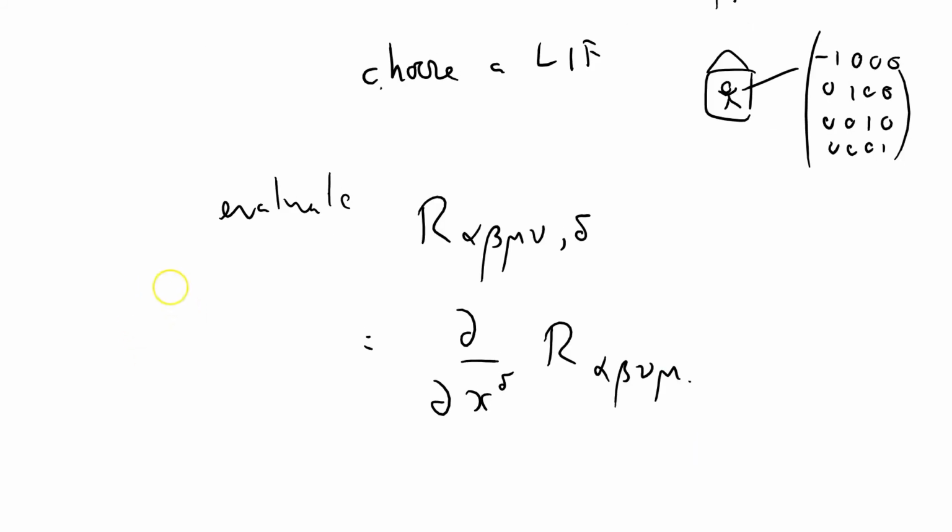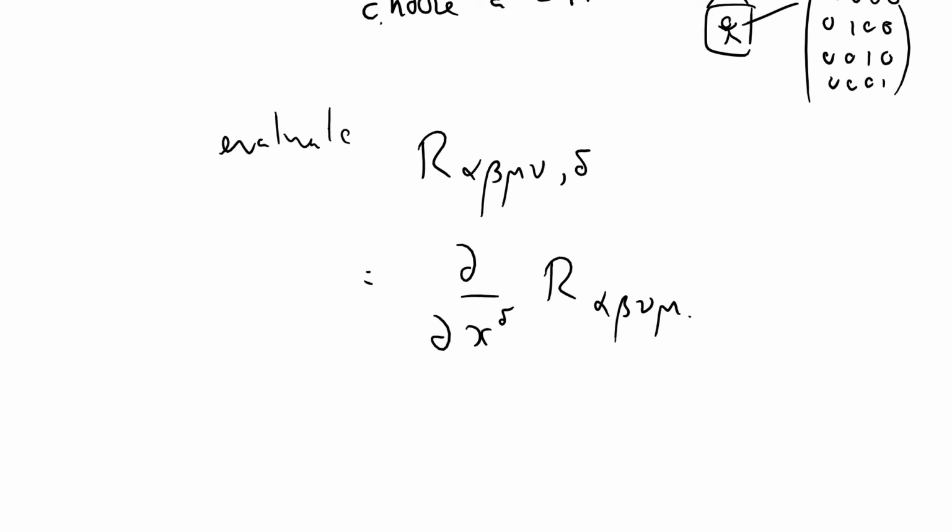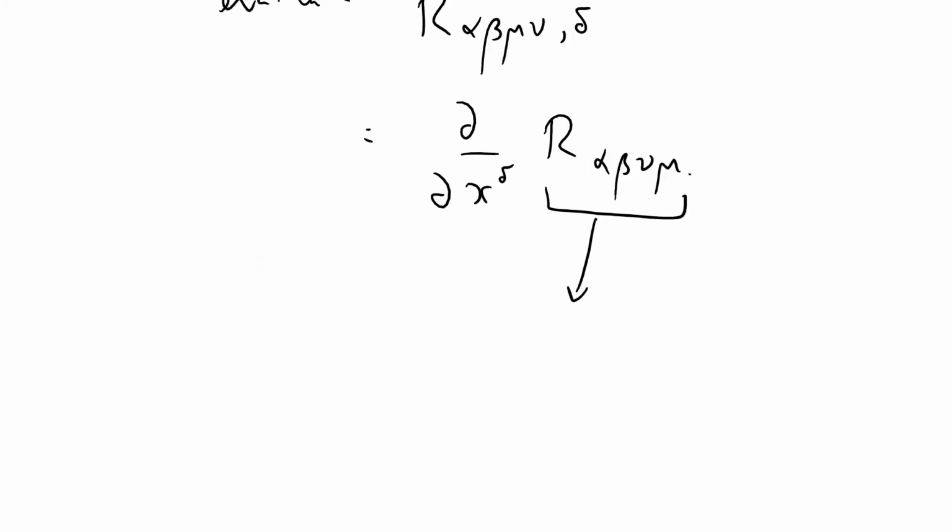Now, because I'm working in a local inertial frame, my Christoffel symbols come out to be 0, so I can replace this with my local inertial frame version. So I've got d by d x delta of, I think it's a half. Now what I've got to do is to copy from my notes, because no one can remember all of this stuff. Let's see if I can just copy this down. A half G